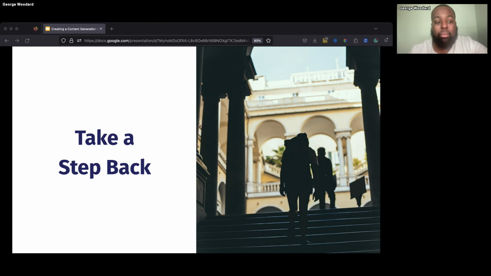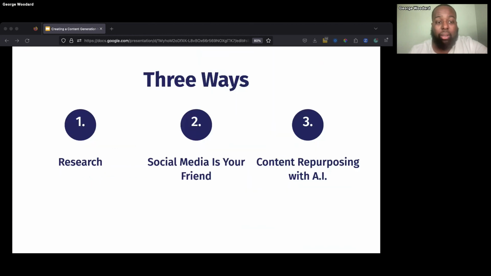And to give you some practical ways to take a step back or to also help out with your content marketing, we have three of them. First and foremost, research. Research, research, research. Doing your homework. You always want to make sure you're doing your homework to help you understand what's working, what's not working, and also finding out what's out there. Second is social media. It's your friend. Having access to social media is kind of a hidden gem, excuse me, of a gold mine of content. You can get ideas on many different platforms, whether it's LinkedIn, Facebook, Twitter. Leveraging social media is your friend.